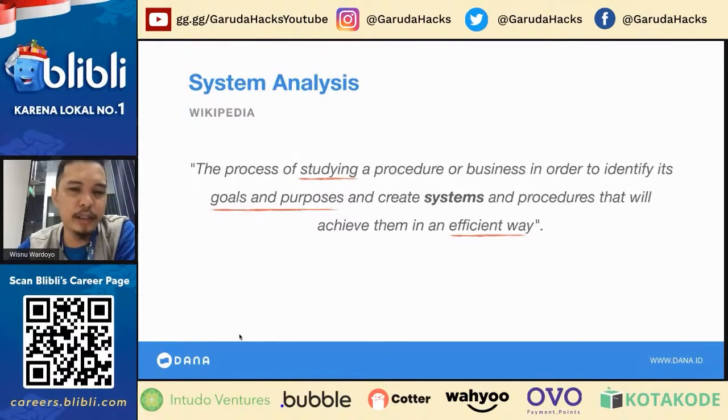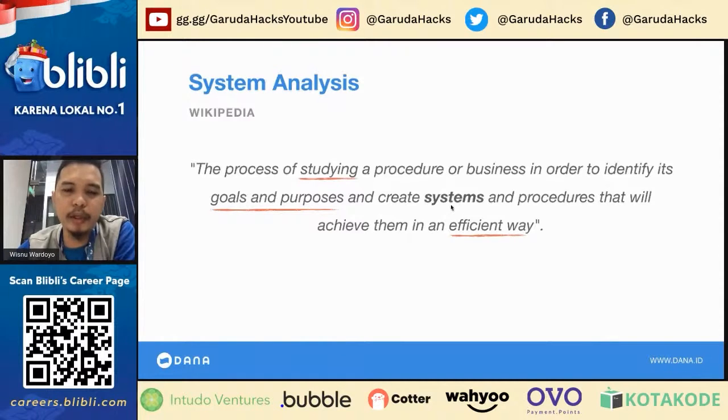Let's say the structure, the code, the design system. And the third phrase is efficient way. Of course, an efficient way is doing something with as few resources as you can. The most important resource we have as engineers is time, right? So efficient way here means it's faster. Okay, and I have the bold word over here, systems.